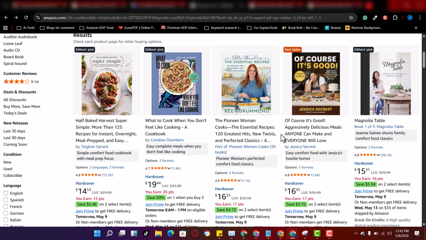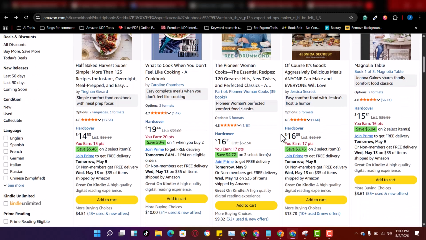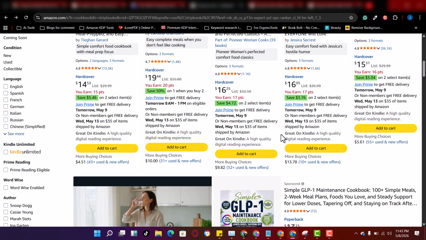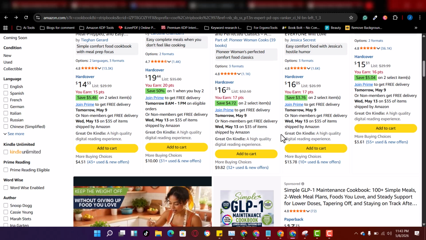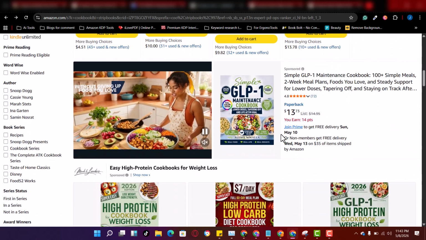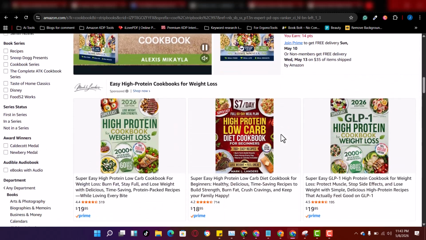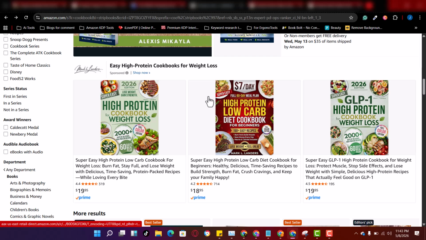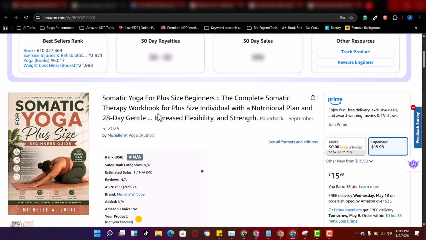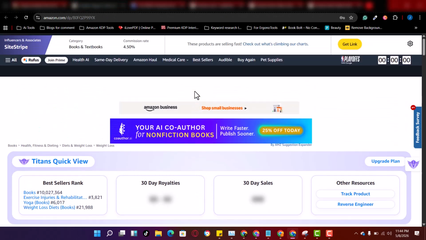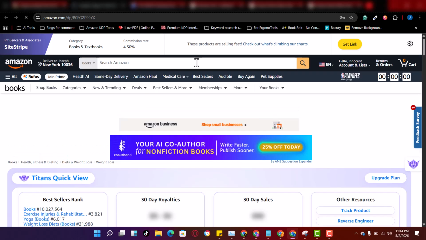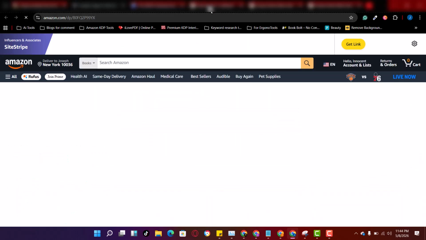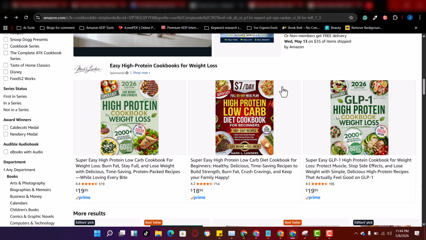Now, after you design your cover for the book, the next thing is to go ahead and upload it on Amazon. After uploading on Amazon, the next thing is to publish the book. Once you hit publish on your book, Amazon is going to review the book. Once they review the book and the book passes all their policies and everything, then you start seeing your book live on Amazon, just like this one. You can see this one is live on Amazon right here. So you start seeing your book live on Amazon like this, and you start getting sales from the book.